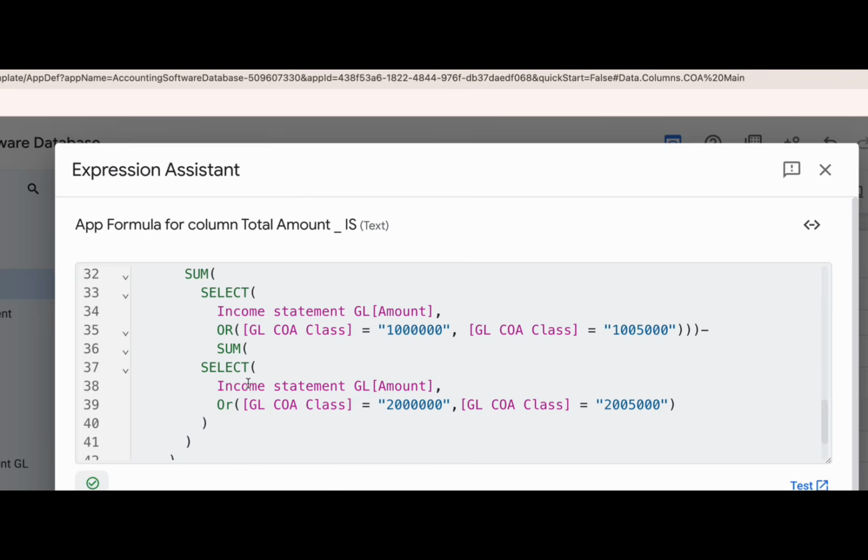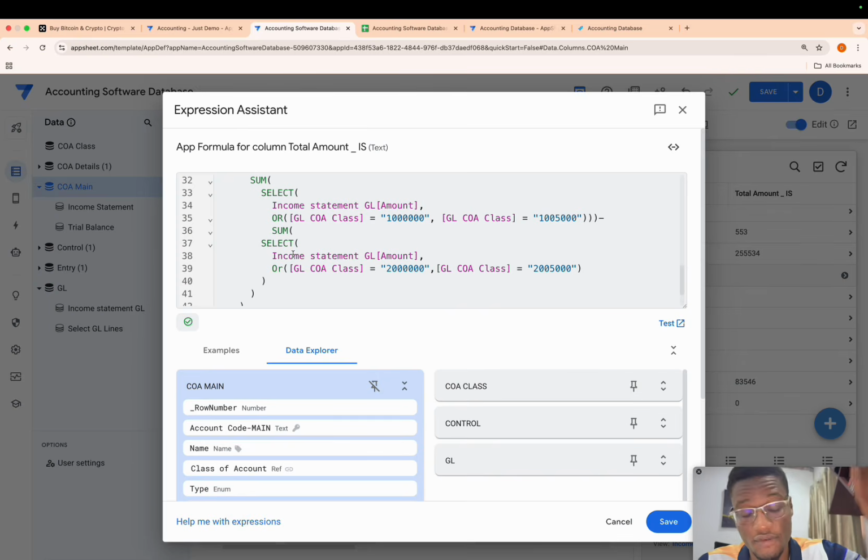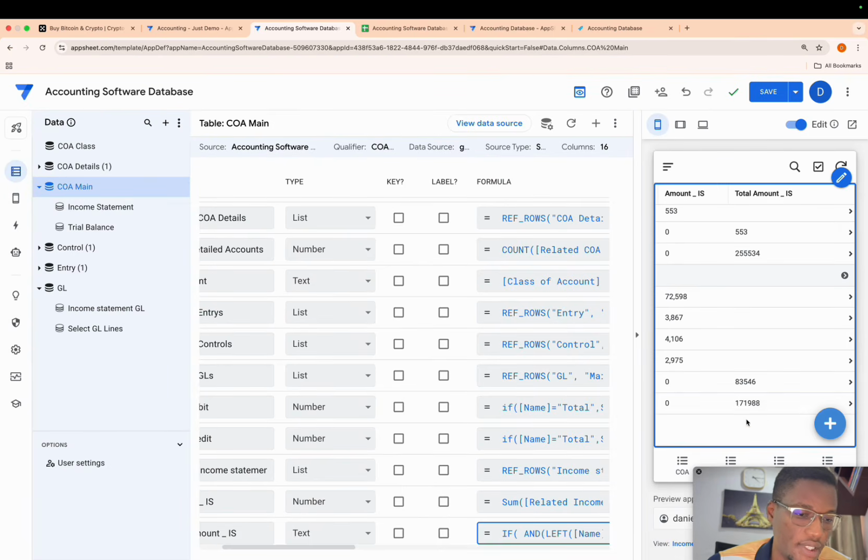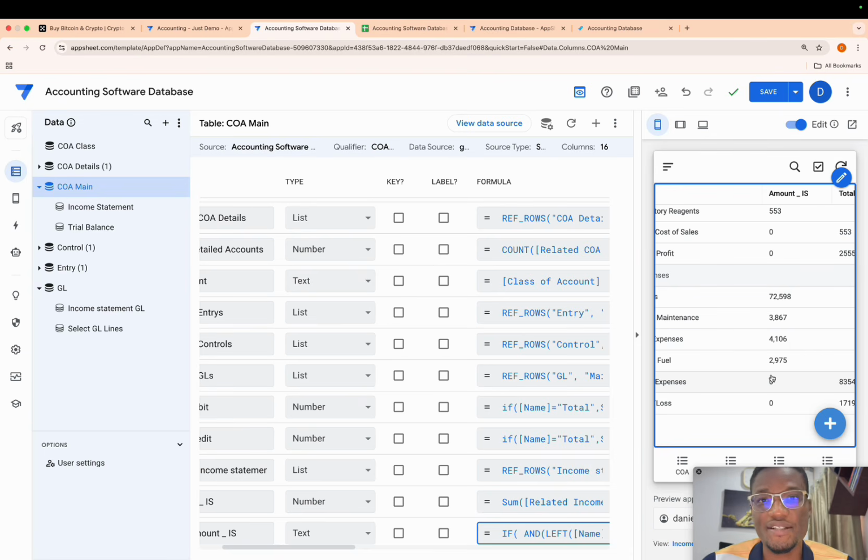All right, good. Other than that, we need to bring another if not or value if false, basically. All right, 0. So I'm going to leave it this way. I'm going to click save. Good. And then we have our profits of 171,988. Good. And so guys, that's it. So we basically now completed our income statement.